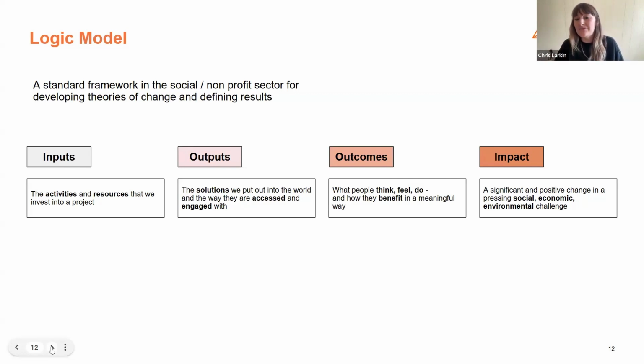And then at the impact level, that is your much more longer term change. So what is that significant positive change in the social, economic, or environmental challenge that you're ultimately trying to work on? So we'll talk about what results look like at each of these levels. We'll use an example. Before you move on to the next slide, though, Jem, kind of linking from the framework